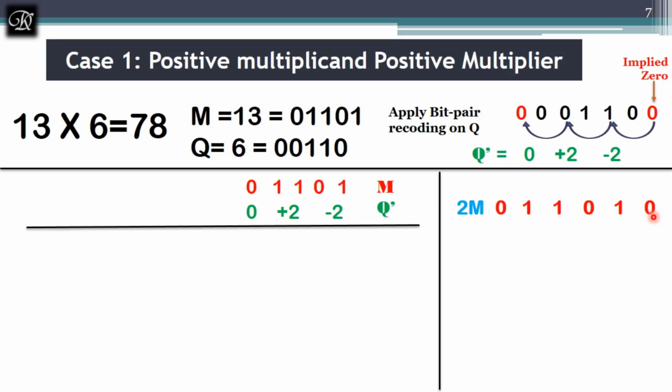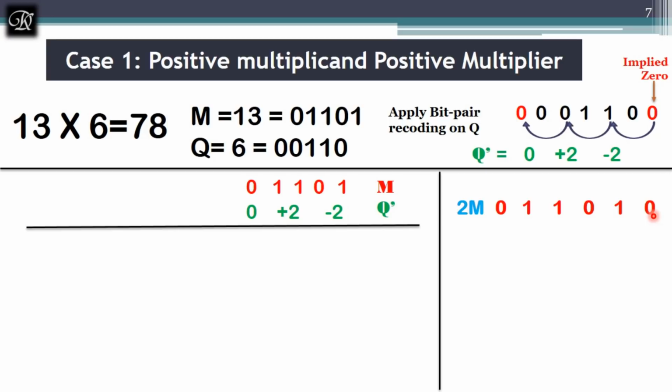If you want to divide that number by 2, then remove the LSB, and it will become a division by 2. That is one beautiful thing which we have even discussed in the shift instruction. When it is a left shift, it is a multiplication. When it is a right shift, it's a division. So now I have performed the left shift. I have shifted 1 bit towards the left and added 0. This has become double of it.